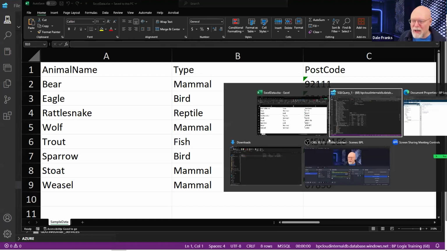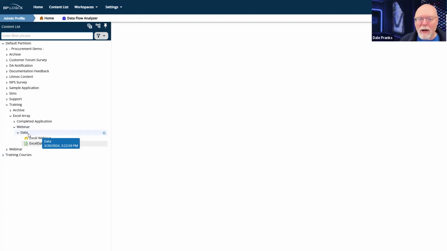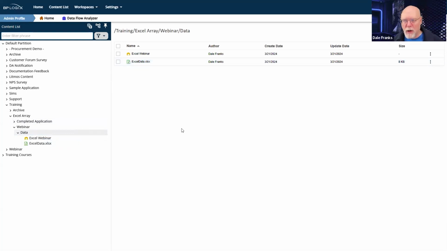So as I was saying, you manually import the data over and over again, and you don't want to do that. You just don't want to do it. So we're not going to do it anymore. What you're usually going to do is automate the process of getting this data from this Excel spreadsheet into Process Director on a recurring basis. First thing you're going to have to do is grab a hold of BP import.